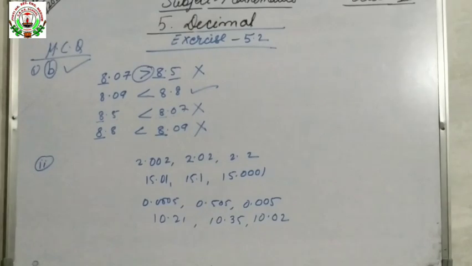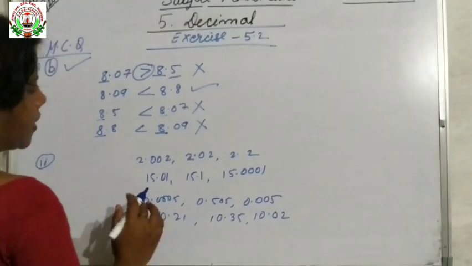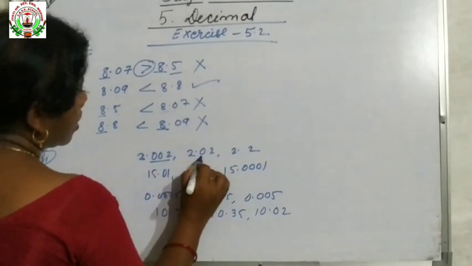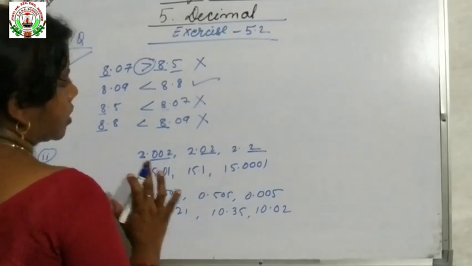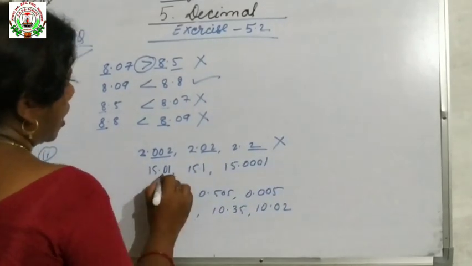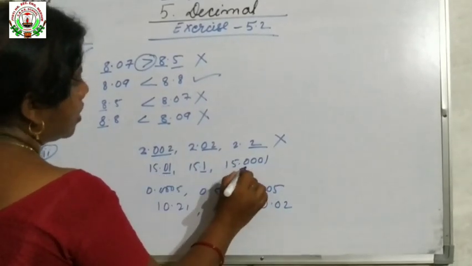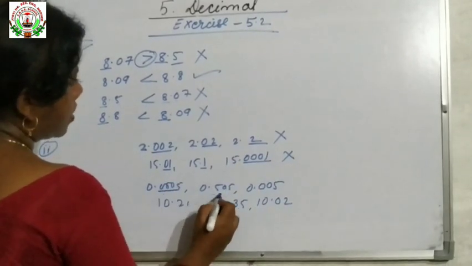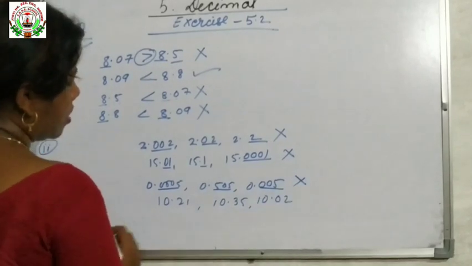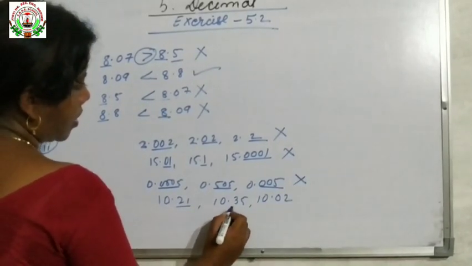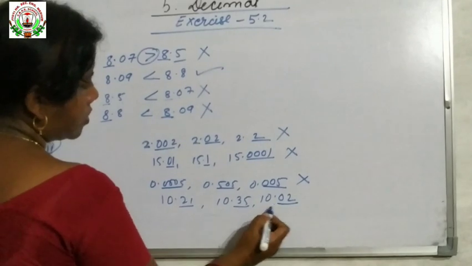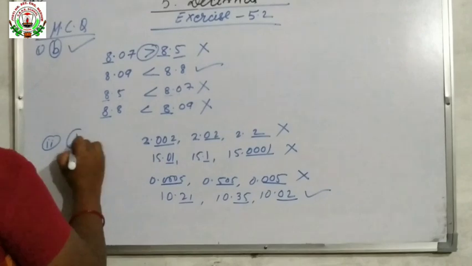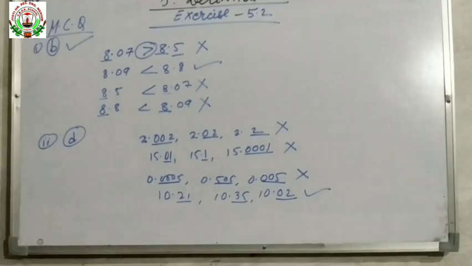Here you will see what your question is. Which of the following is a group of like decimals? Like decimal means the decimal places will be the same. So here 3, here 2, here 1. So the decimal places are not the same, so it is not. After decimal here 2, 1, then here 4 digits are there, so it is also not. After decimal again 4 digits, 3 digits, 3 digits, it is not either. So the decimal places are the same here. Look here, 2 digits, also 2 digits, the same decimal places, so it is correct. So our correct option is D. Understood? Now question number 3.